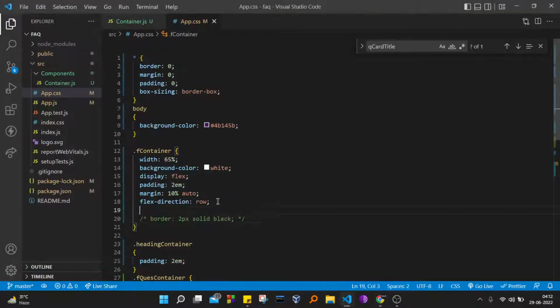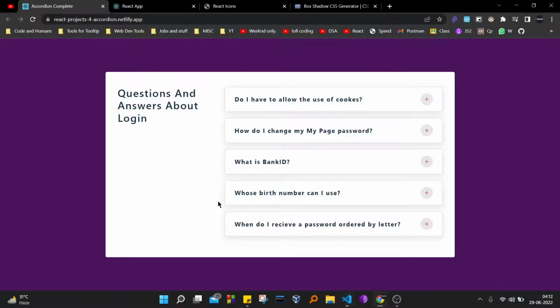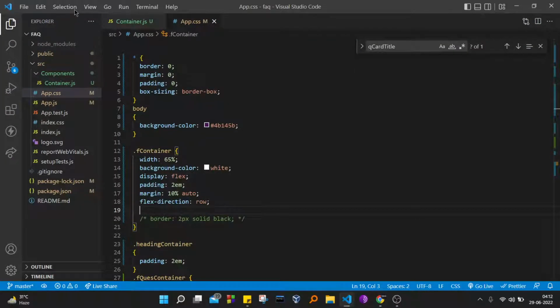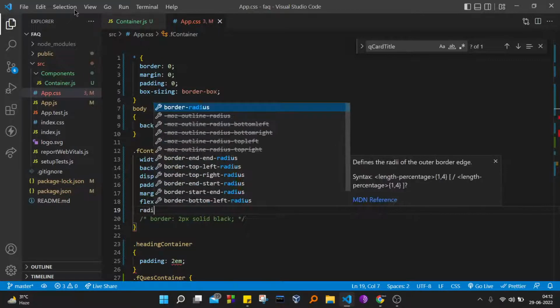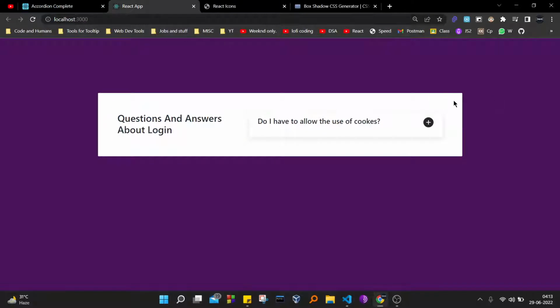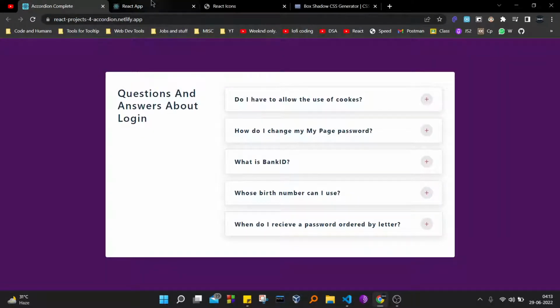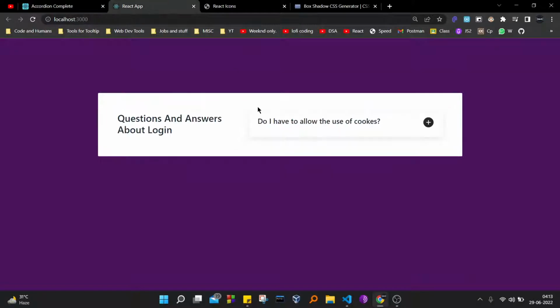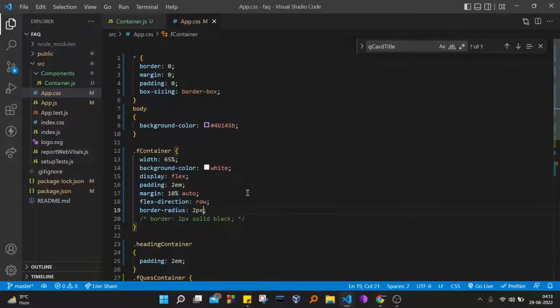A bit of the border is not required though, like it's gone. The corners should be a bit round. These things are not gonna be a big issue, but we can set this border radius to like 2 pixels, something like that. Just a bit folded corners. I don't want these crazy folded corners. Okay, so now that we have set up the basic flow over here,